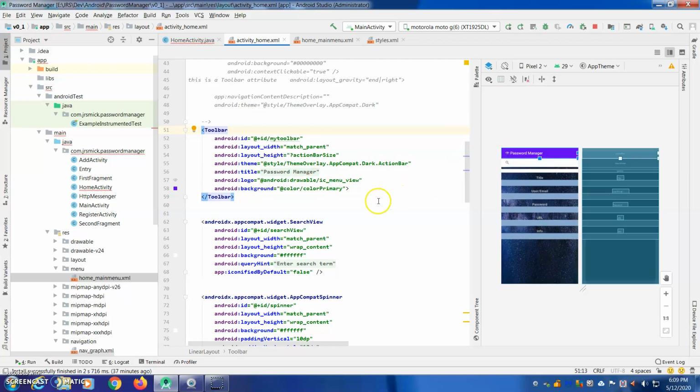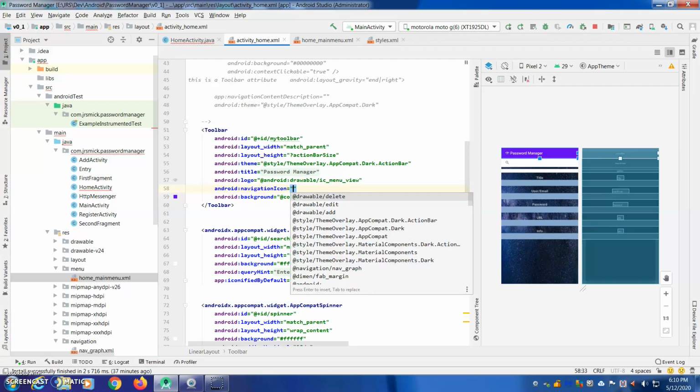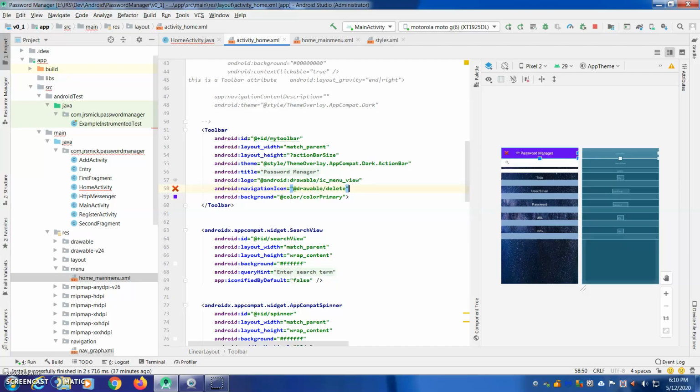The logo appears to the right of a navigation menu. I don't have a navigation menu. Okay, so if I wanted to have a navigation menu, I would choose the navigation icon and give it a drawable. There, okay, so I just chose a drawable. It's a PNG file for delete, the red X, but there you can see it. You could give it any icon you want to, but there's the drawable that I gave it,